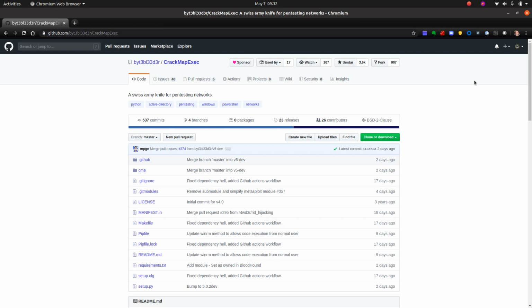But where it really shines is when you're pen testing an Active Directory network and you have credentials or even password hashes, being able to spray those credentials around the network and find out where you have local admin access. Let's say, for example, you get a user's credentials and maybe on one particular system they're not a local administrator, but there may be some other systems on the domain where they're a local admin, and you need to find